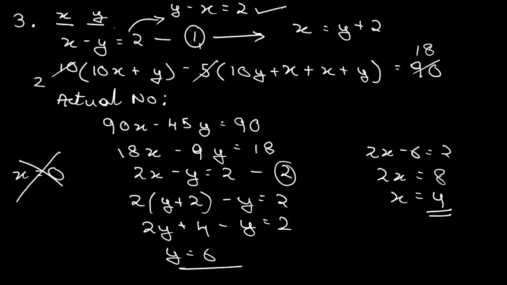Okay, when we put this into the equation, the answer we get is x equals 4. So you have to use this value and get the answer. This is the correct method. I think I was mistaken over here; I should also take it as y minus x equals 2, sorry for my mistake. But when you try, you will get this particular answer. Okay, so let us move to the next one.